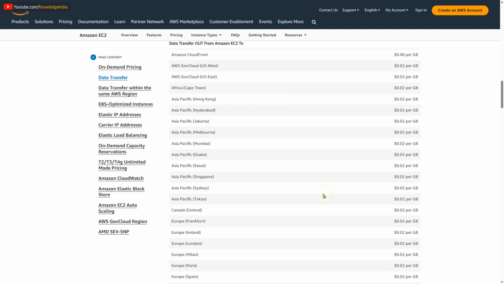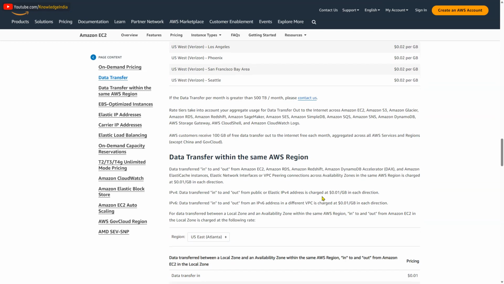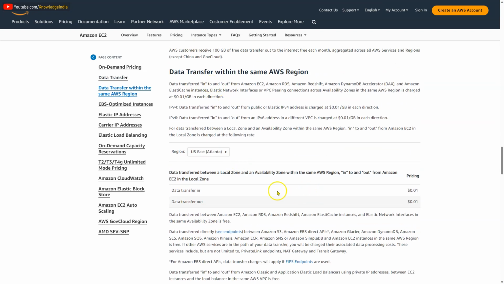So we understood about cross region. Let's try and understand what happens when it is within the same region, which is quite important. Within the same region, now we have to discuss within availability zones. We'll try and understand what happens when the traffic goes between different availability zones and within the same availability zone. So in the first case, let's say data is transferred in to and out from public or elastic IP